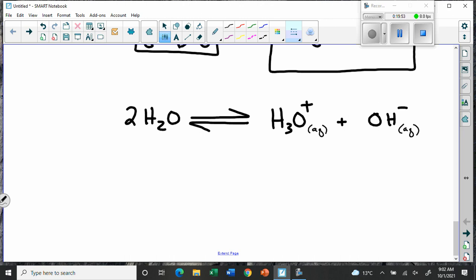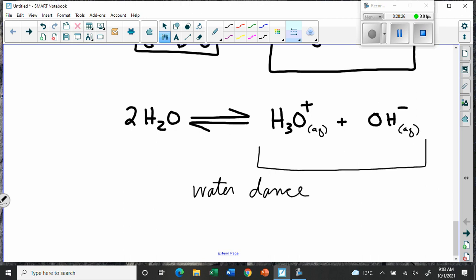Right? You know the old square dance where you swing your partner and then you go and you do-si-do around, you link arms with all the different people and you keep switching? It's like that kind of a square dance. So it's not just molecules floating. It's a constant interaction and change. But what's important is that if you look at this, it's always the same number of each, the same amount of each at any given time. And that's what water does. That's what the water dance is. It's this constant switching back and forth between these two ions and molecules.